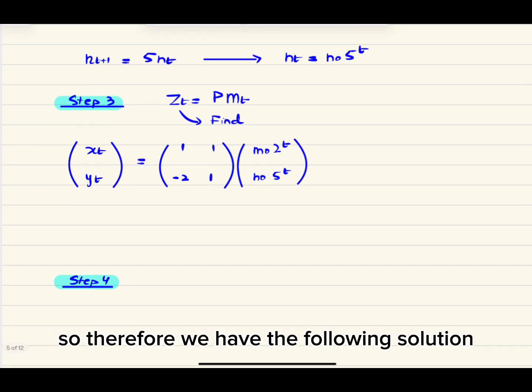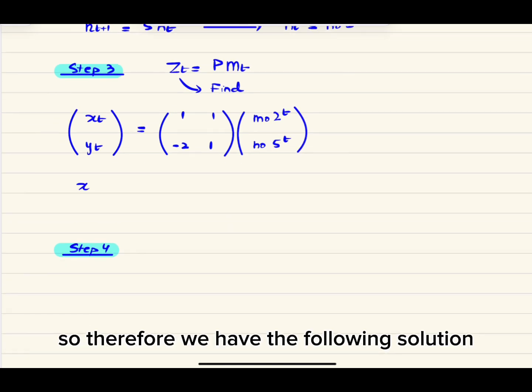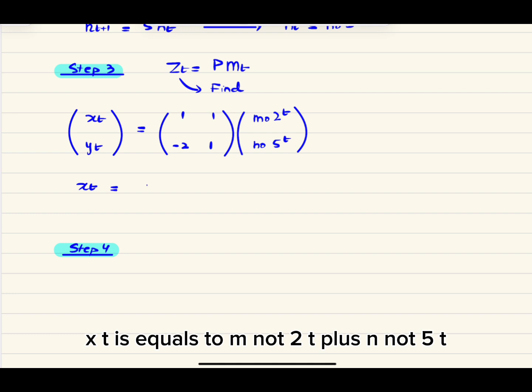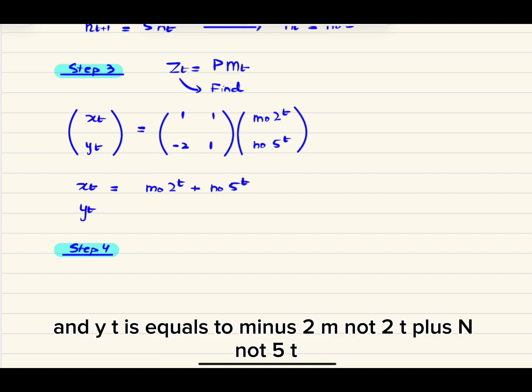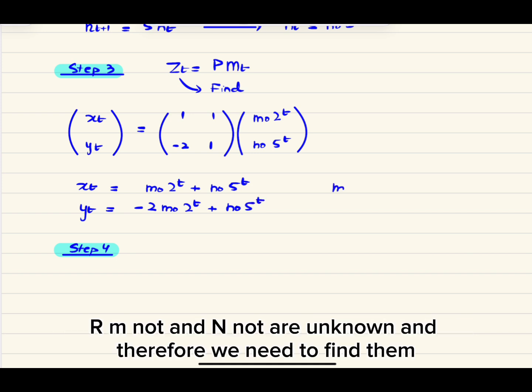So therefore, we have the following solution: x_t equals m naught 2^t plus n naught 5^t, and y_t equals -2 m naught 2^t plus n naught 5^t, where m naught and n naught are